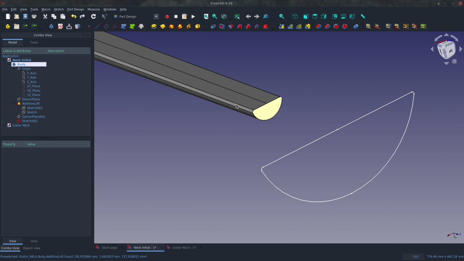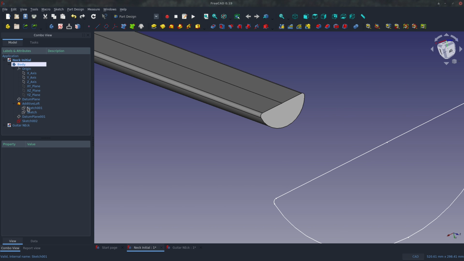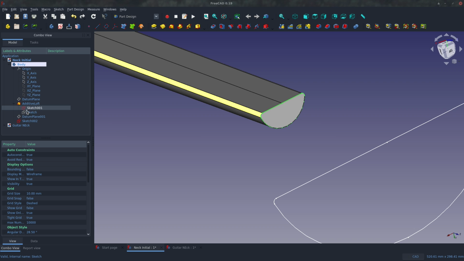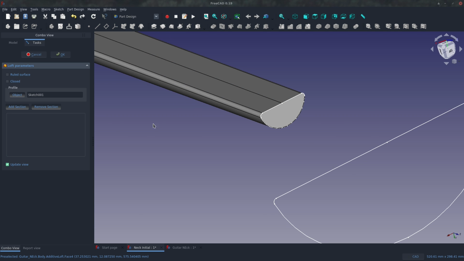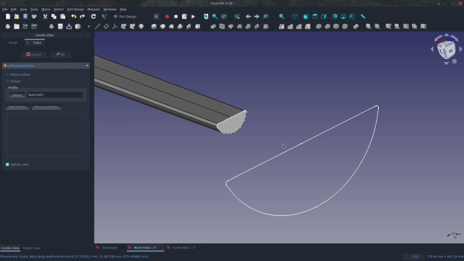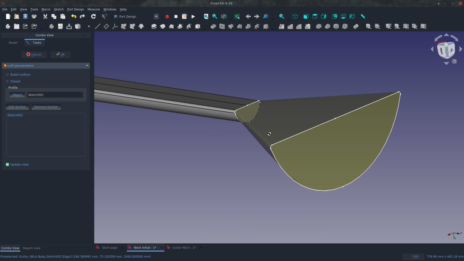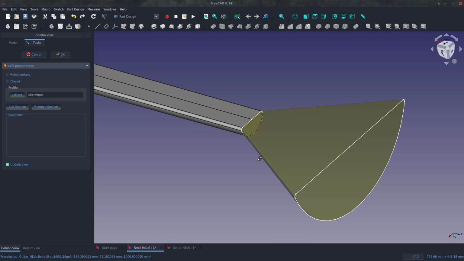Alright, so in FreeCAD you can reuse your sketches. So I've consumed sketch 001 within this additive loft. However, I can highlight it as that sub item in my tree. I'll choose loft, we'll add a section and go out to this line, and now we've lofted our neck quite